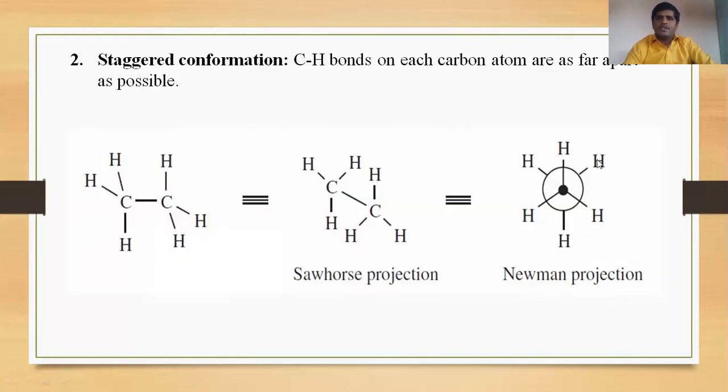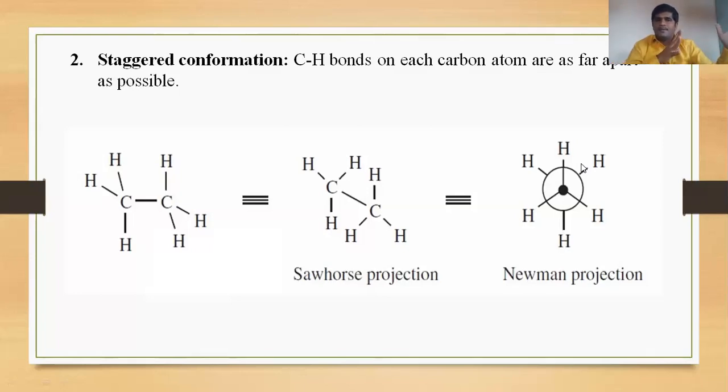If this hydrogen is rotated and comes to this position, and this hydrogen goes to this position, whatever the angle between this hydrogen and the one that came to this position, the angle is 180. And due to the 180 angle, the conformation generated is called the anti staggered conformation. There are three conformations here.